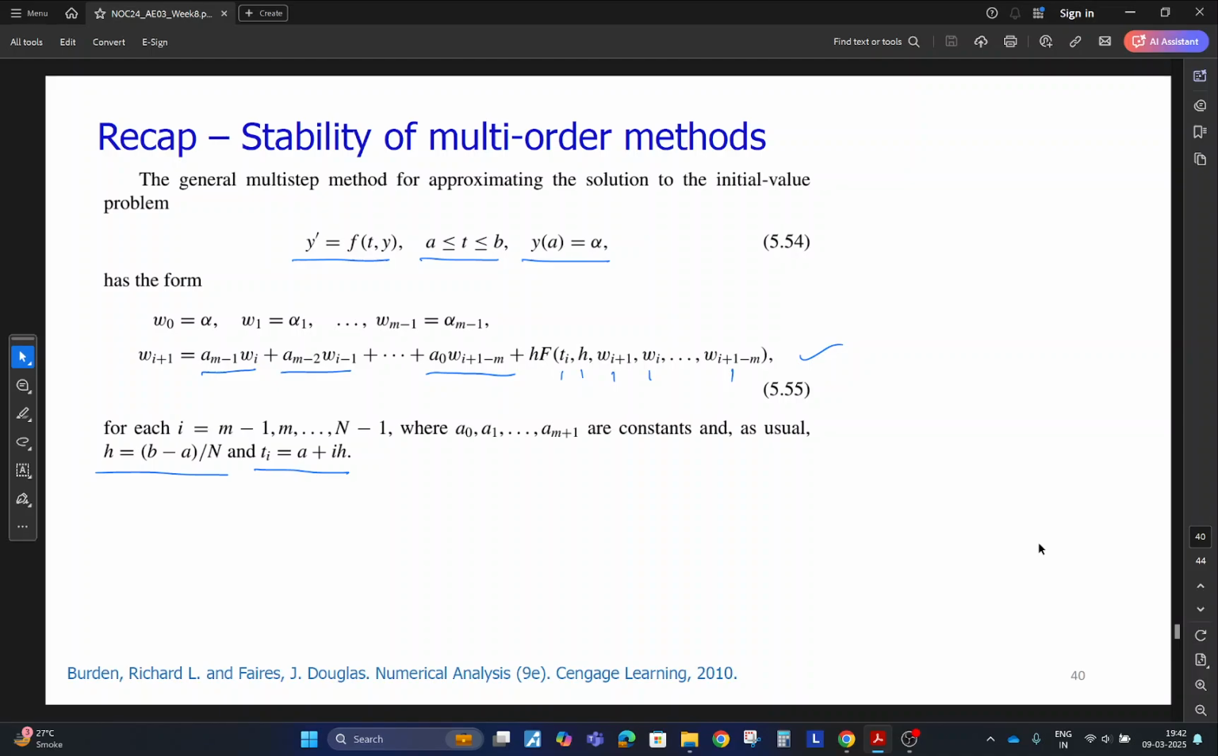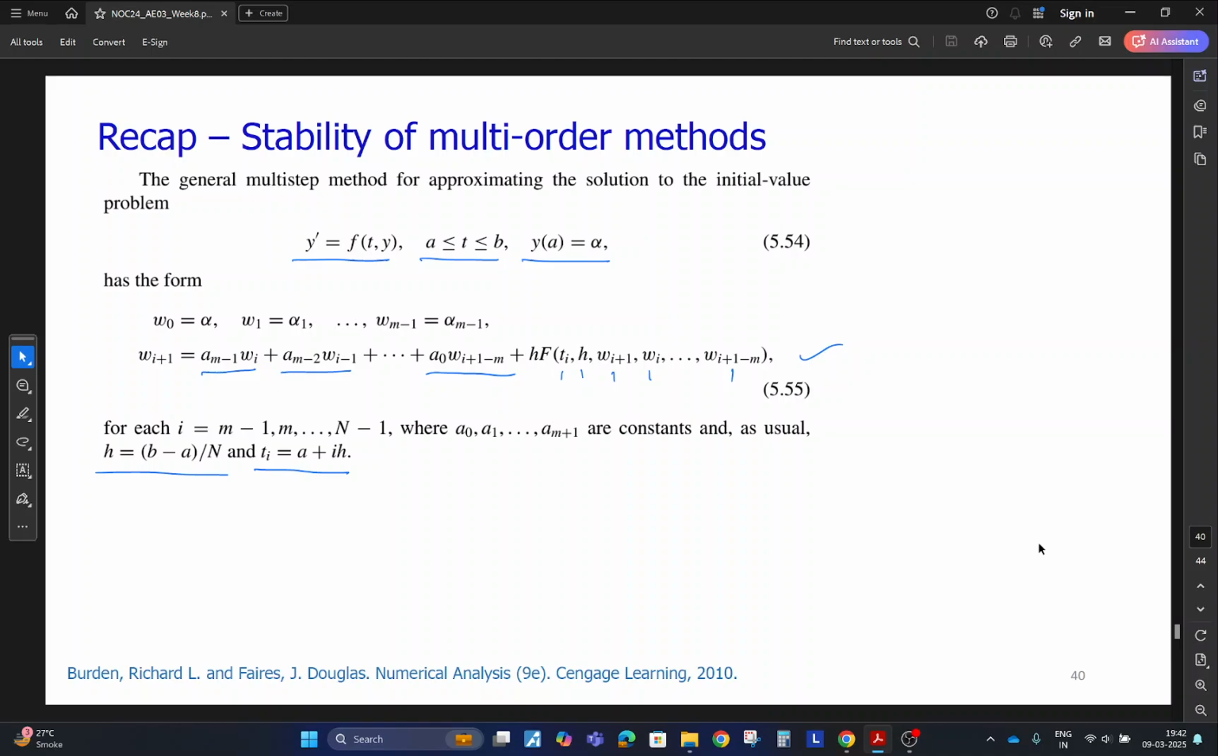Lastly, we'll discuss the stability of these multi-step methods, and this is an important theory with which I would like to close the session. So the general multi-step method, such as the ones we have been solving, for approximating the solution to the initial value problem y prime equals f of t comma y, for a less than or equal to t less than or equal to b, and y at a equals alpha, has this form: w0 equals alpha,